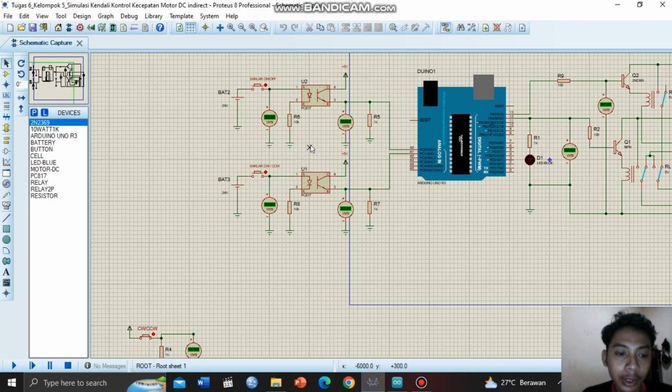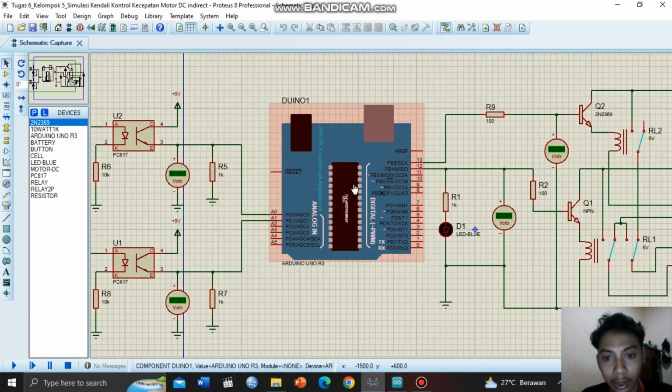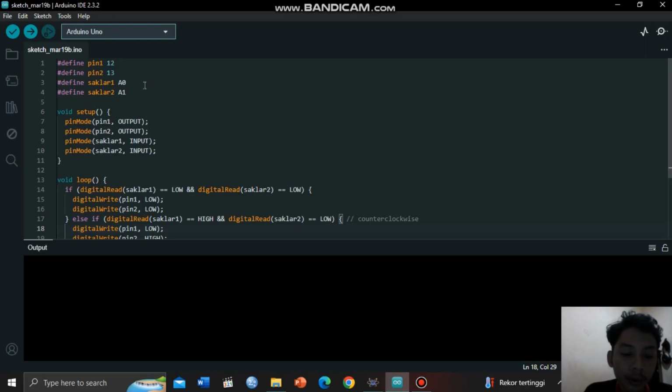Using Proteus software, the tools used are optocoupler, switch, avometer, resistor, battery, LED blue, transistor, relay, DC motor, and Arduino Uno. And this is an Arduino Uno program for simulation DC motor speed control with input active high indirect,